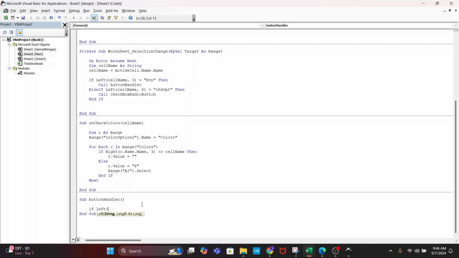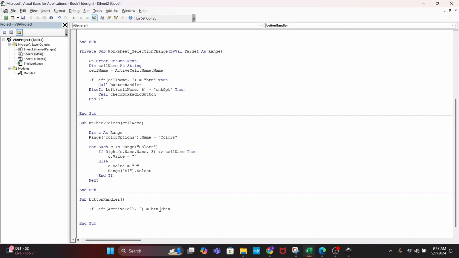If active cell, you can see that it wants me to capitalize left, but it will do that for me after I do this correctly. Okay, so I'm looking for the first three letters. If they are button,